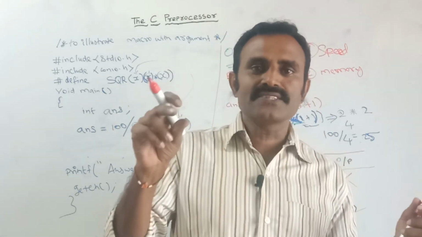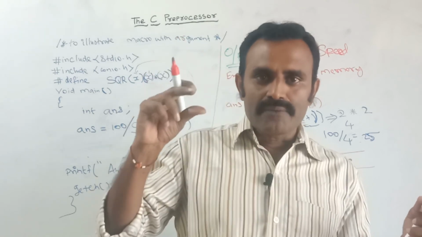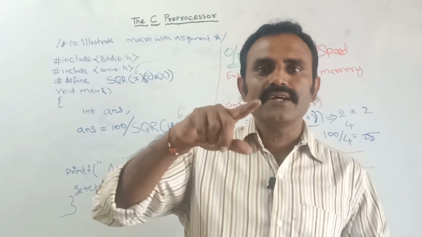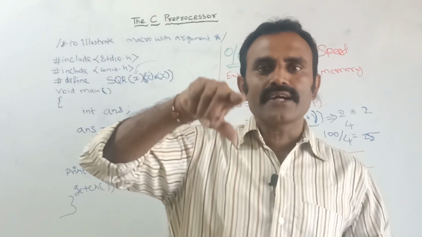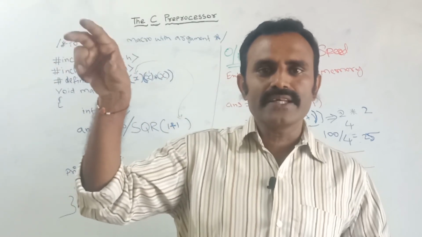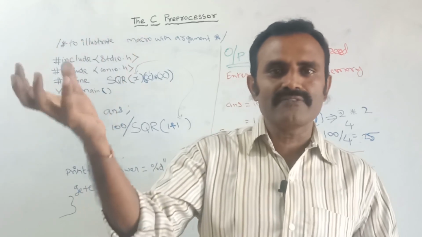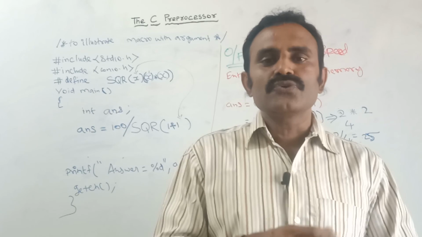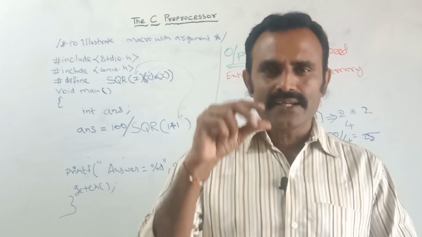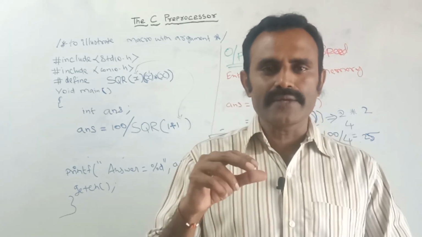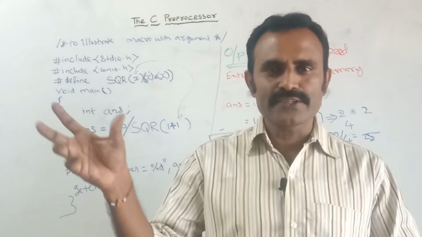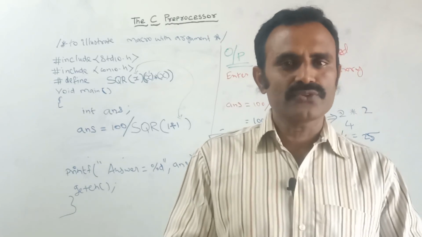See here, the function, what it will do: if in the program we are calling a function, at the call time only the controller will jump to that function definition part. After completing the definition part, it returns some value. That return value is given by the function. So suppose you are calling the function 10 times, each and every time the controller will jump to the definition part, execute that function, and return back to our source code, the main code.